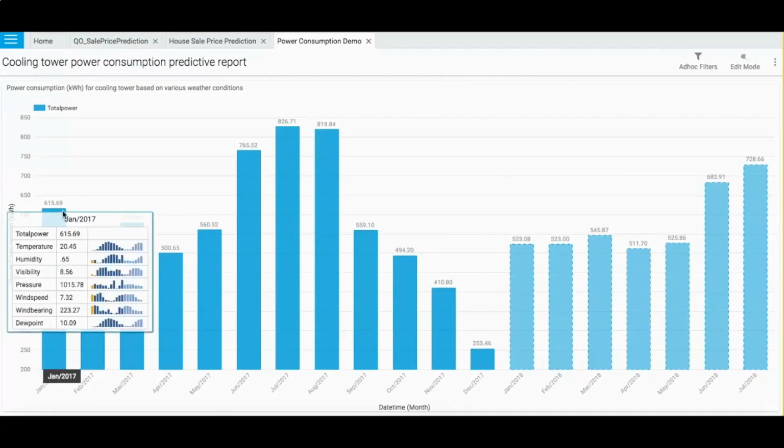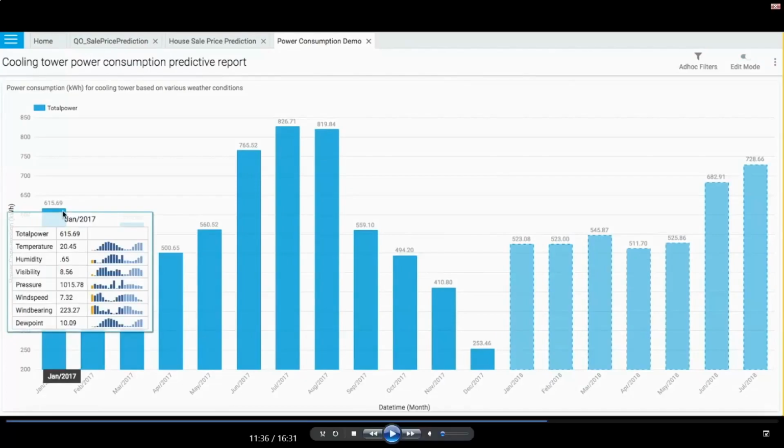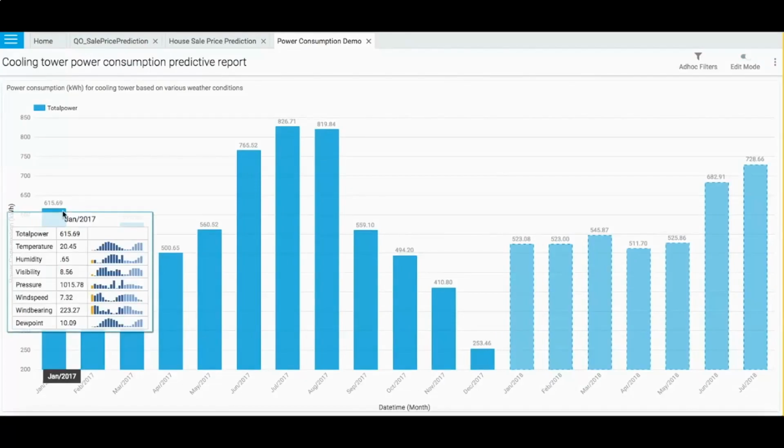All those independent variables can be seen right here when I hover the mouse on a particular bar. So in January, it shows how the temperature is overall trending and what the temperature was in January, and so on. The yellow data point shows which is the affecting factor for that particular month.